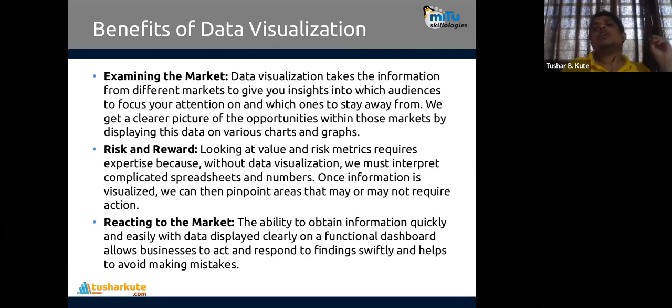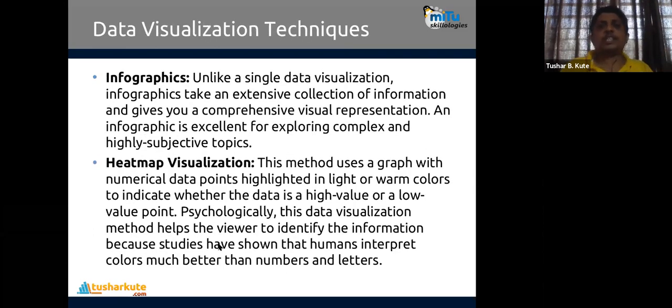These are the common visualization methods. Many more are possible, but these are the common visualization advantages that we can get as per your need, requirement, and necessities. We can take the advantage of data visualization there. Okay, and now what are the techniques used? Many techniques. I'll show a few of the graphs which are used for visualization as a part of data analytics. Very strong data analytics is done with the help of these techniques here.